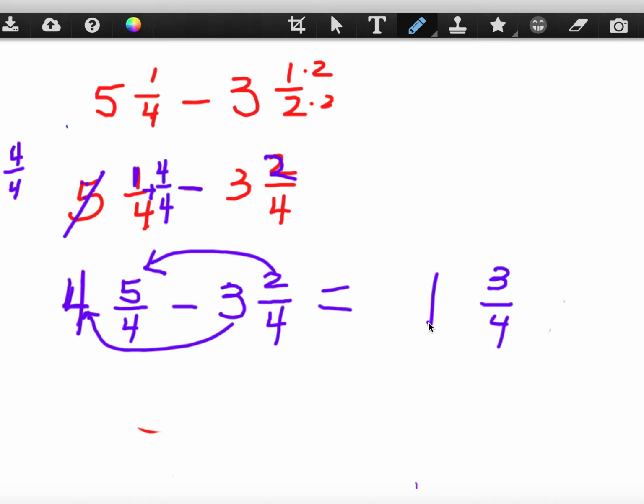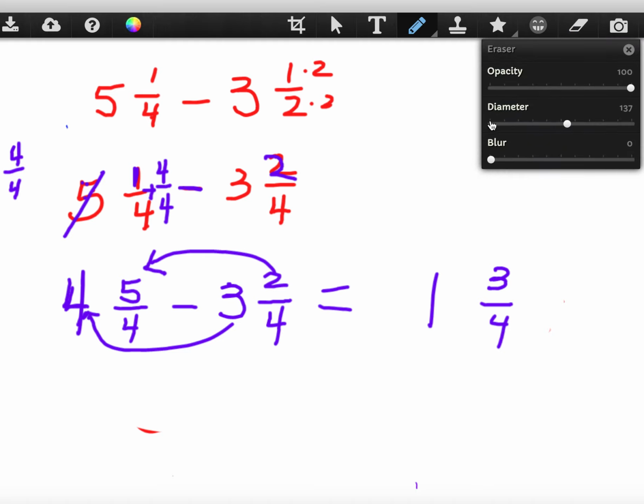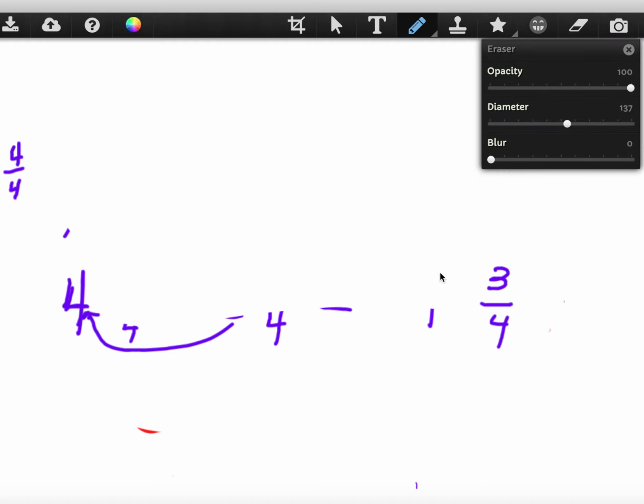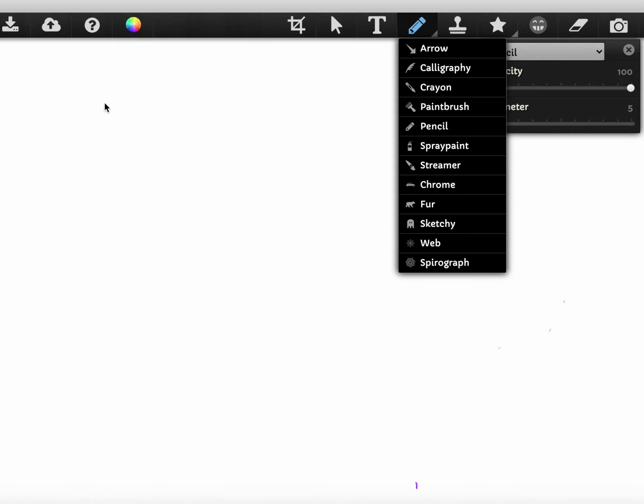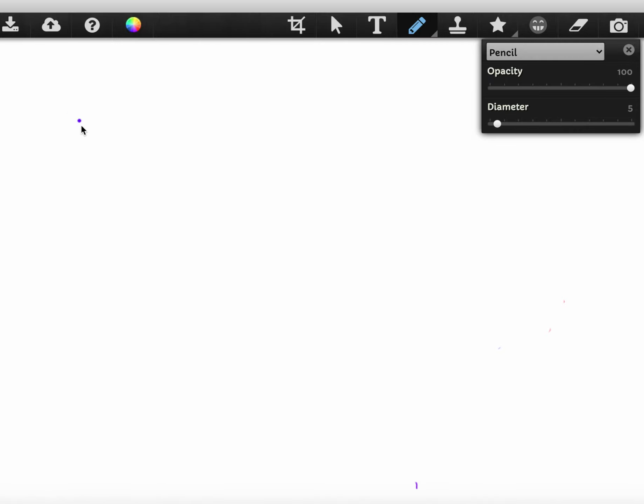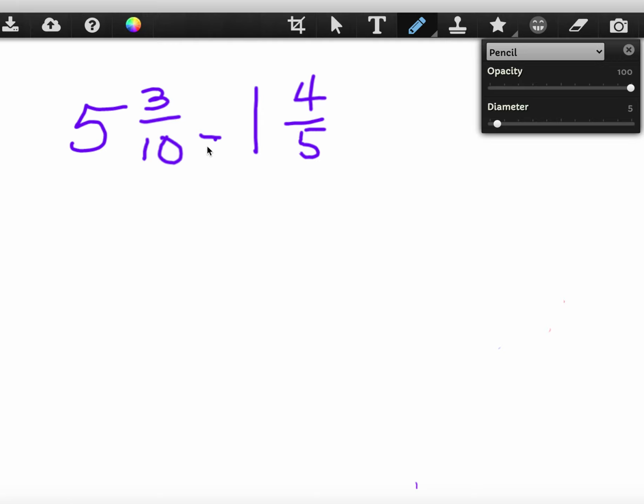So I don't have to convert it to an improper fraction and then convert it back to a mixed number. All I'm doing is borrowing 1 unit from over here to make this grouping a little bit bigger, just enough to make it bigger, kind of like you borrow when you're on whole numbers, just to grab 1 unit and bring it over. Let me do another one like that so you can see. You can go back and re-watch if you need to, so you can kind of make sense of it, and we'll go over it too. Let's do 5 3/10 take away 1 4/5. First thing always, I'm going to find common